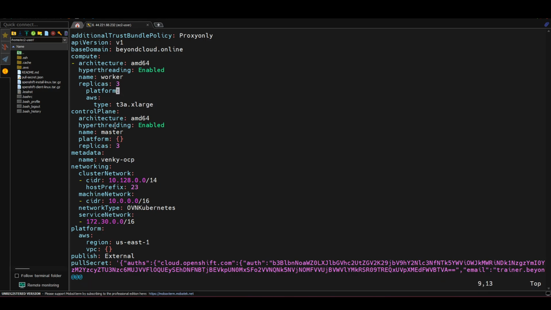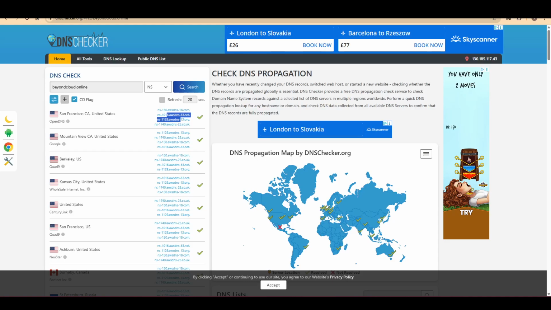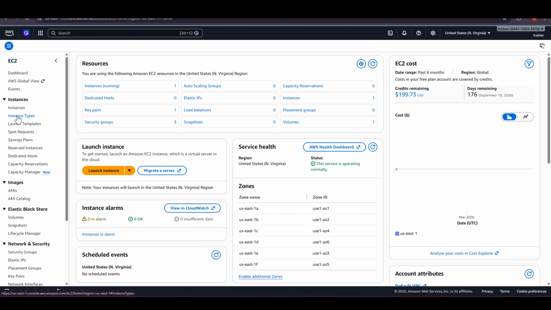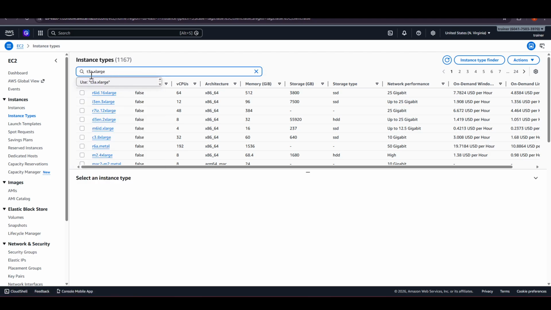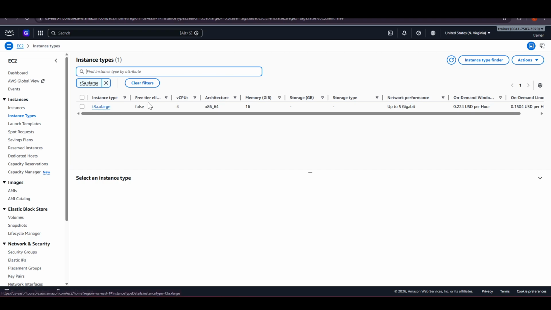So this is going to talk about platform, and under that you have AWS, and then it's going to talk about the type of instance it's going to create. Now, if you're not sure about the type of instance which is going to be created, you want to check it out, because at the time of you seeing this video, this instance may not be available. So go to EC2, and there's something called instance type. So select that and paste this instance type, and you'll be able to see that it's not a free tier eligible instance. It has 4 CPUs and 16 GB of memory,